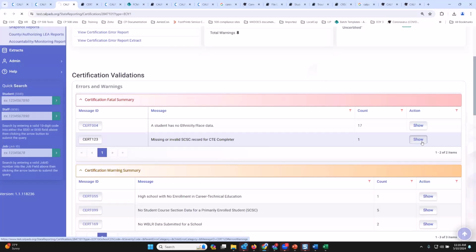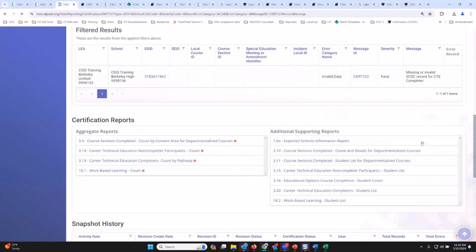So the bottom line here is that you can't claim a student to be a SCTE completer this year by submitting an SCTE record if the student did not complete the capstone course this year.